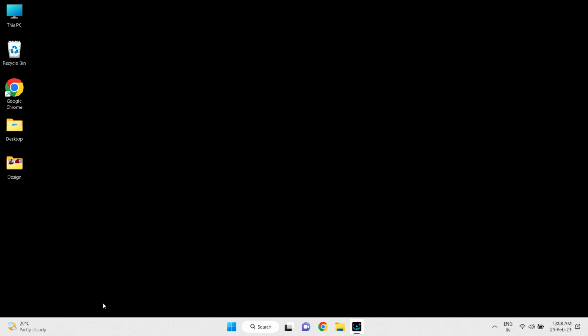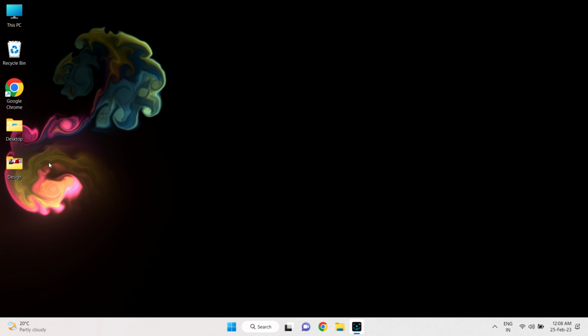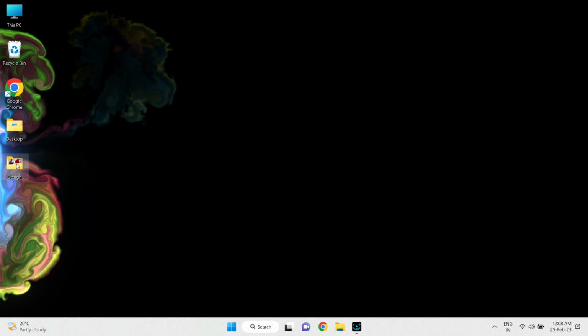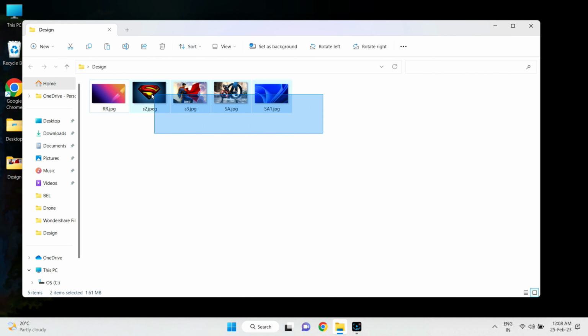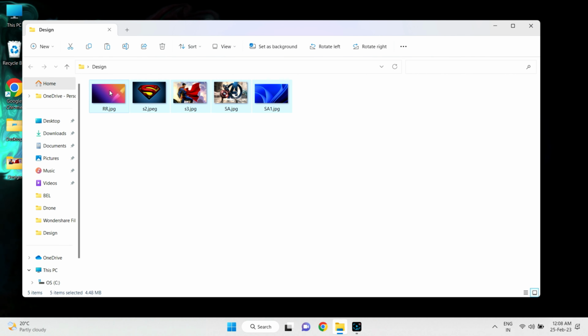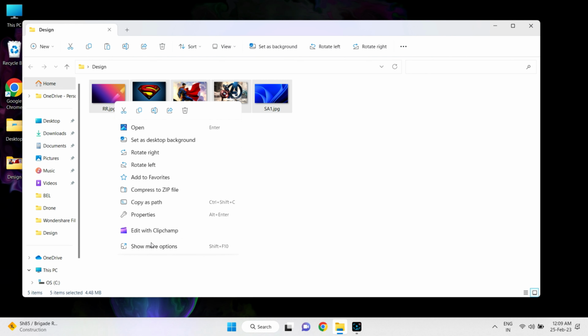Here is the second trick. If you want to convert any images to a PDF file and if you want to share images as a PDF file, then here is a simple trick. Just select the images you want to convert to PDF and right click on the images. You will see the option Show more options. Click on that